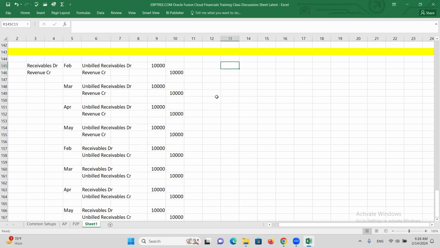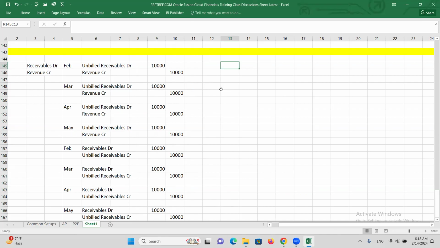If you are going to deal with the concept where you are billing now, but you don't want to recognize revenue now. Maybe you have received some advance from the customer, or you have eligibility, but your internal policy says you have to recognize the revenue every 4 months or after completing the contract service. In those scenarios, you will be billing the customer, but you will be maintaining the balances in the unearned revenue account. In that case, we'll create